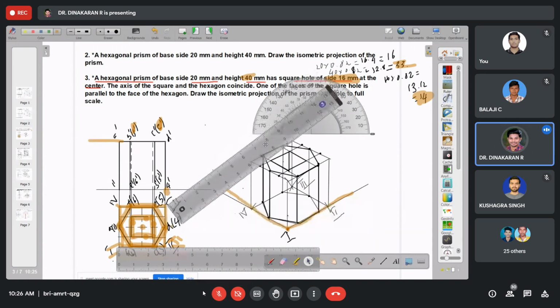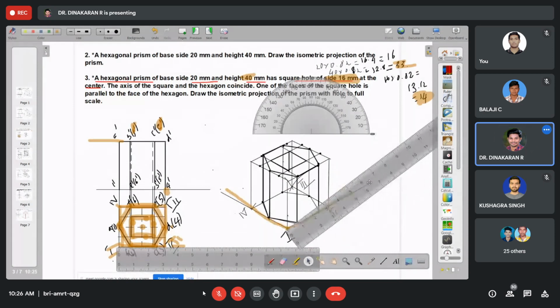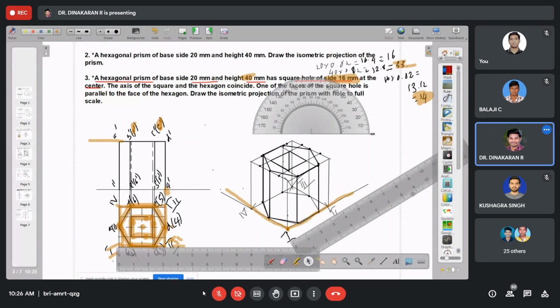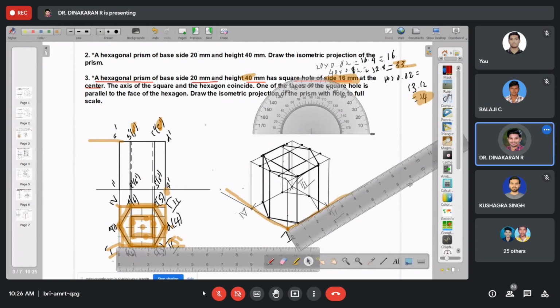Use a compass, and also use a scale. 30-degree means 30-degree. We check whether the 31 is there or not. See, this is the first point, this is the second point. How much is there? 31 is there. Use a compass for easy making of the arc. For 1, 2, this 2 is 31 mm. Then after that, 1, 2.